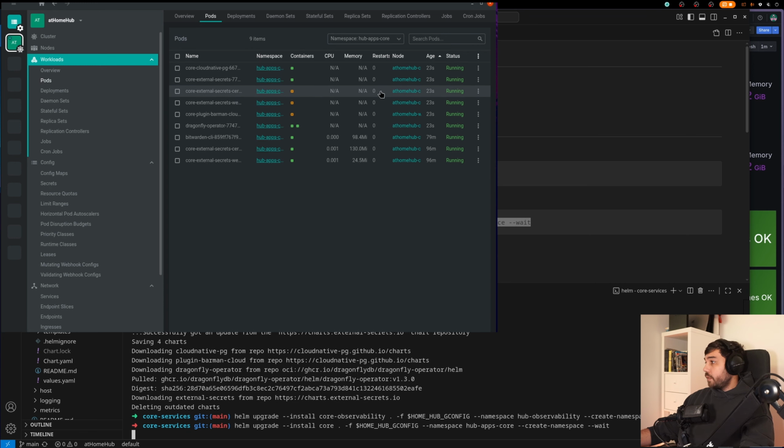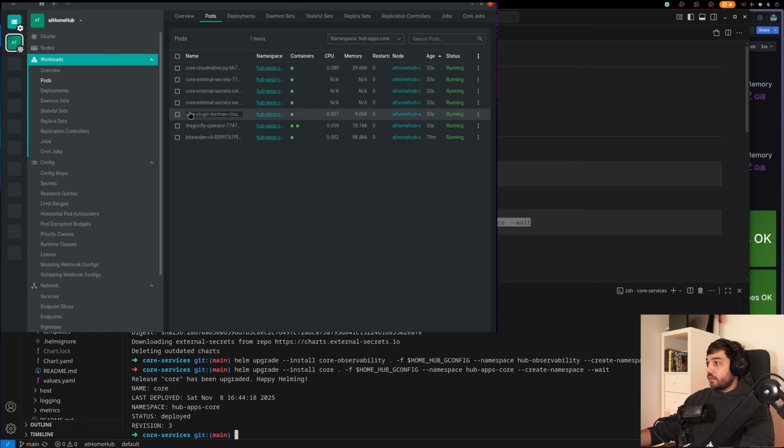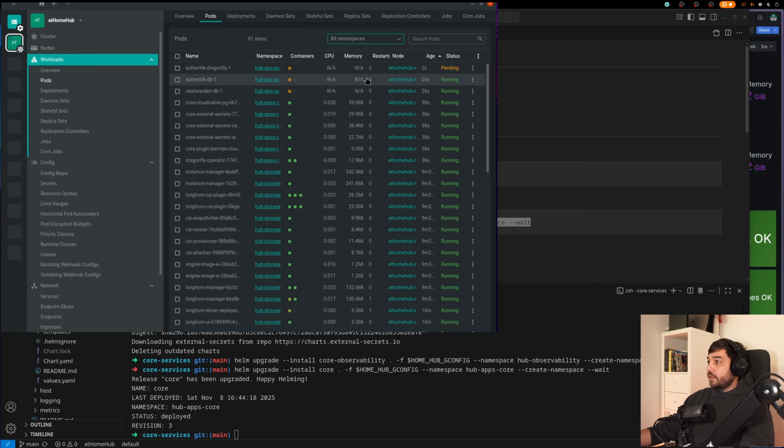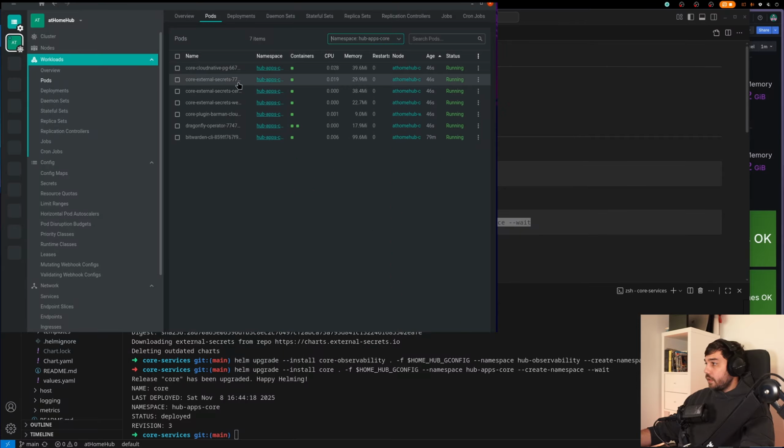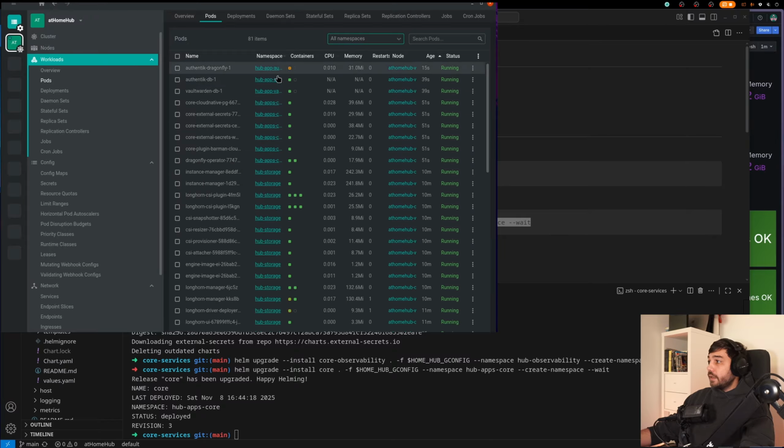And it is performing some updates, right? We can see here CloudNativePG, new version. The external secrets is also updated, and we also have the core plugin Barman Cloud updated here. If we go to all namespaces, we'll see that this also triggers an upgrade to our resources. I guess Dragonfly was updated as well, so we have actually updated the entire stack. CNPG and Dragonfly are just going to update the resources they manage to the latest version,